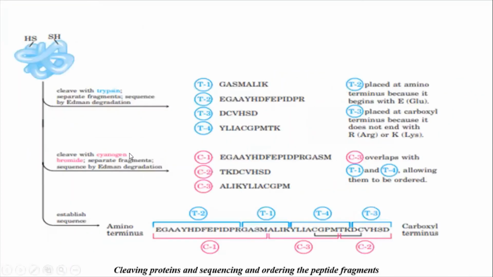Okay, so now you have the polypeptide chain and trypsin. From before we know that if you do the trypsin cleavage, you're going to get 4 fragments, right? So you now have 4 fragments over here: T1, T2, T3, T4. T stands for trypsin over here. Now if you do the cleavage with cyanogen bromide, there were 2 methionine residues. So that's why you got 3 fragments.